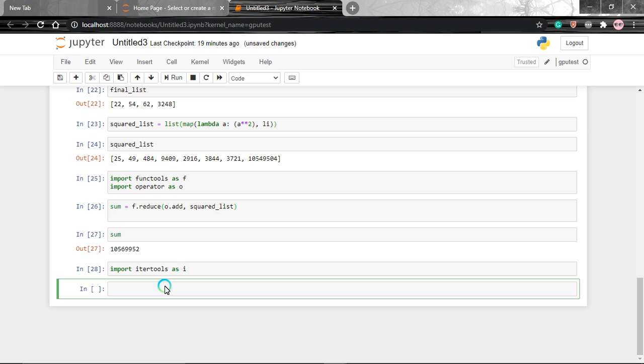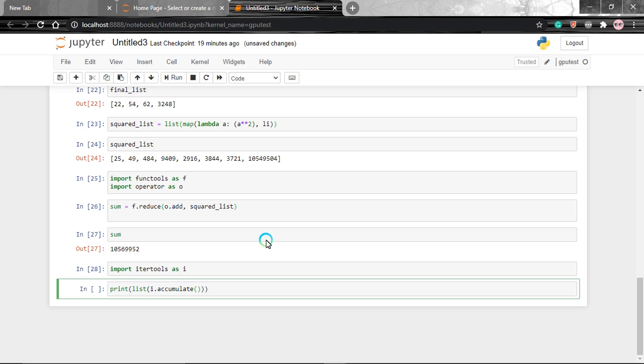Now what we can do is print the list. I'm writing the code in one line only. You can use two or three lines, no worries. Print list I dot accumulate. I is a library and accumulate is a function present in that.